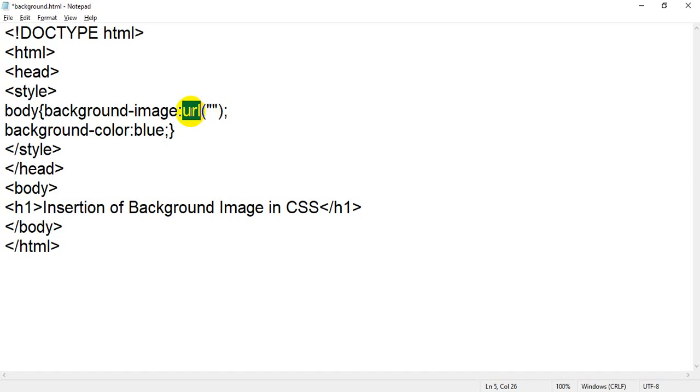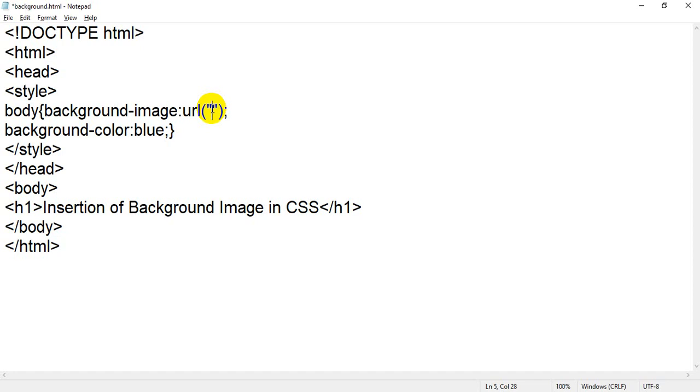First you have to write url, then inside the brackets you have to write the address of the image which you are going to insert. Now again, there are two ways to insert an image or to insert a path. This is very important, students. I am repeating again, it is very important to know how we can insert an image.